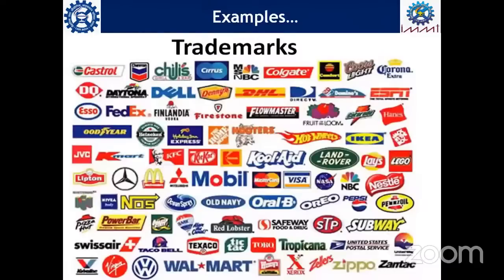So these are a few more examples of the trademarks that we come across in our day-to-day life, starting from the toothbrush to the toothpaste to many others. There are some lakhs of trademarks for every product, for every service. Sometimes we don't even find the name; only by looking at the symbol or the logo, we can make it out. That is because of intellectual property in the form of trademark.